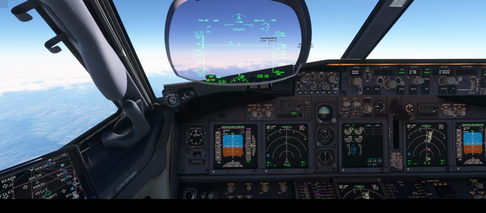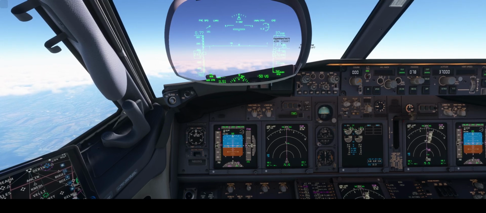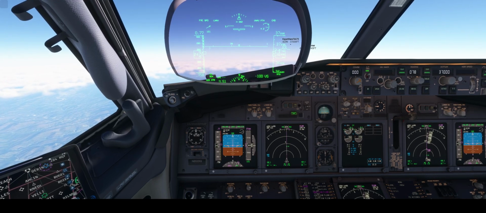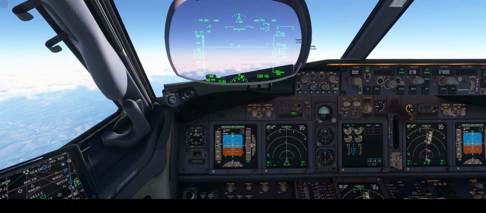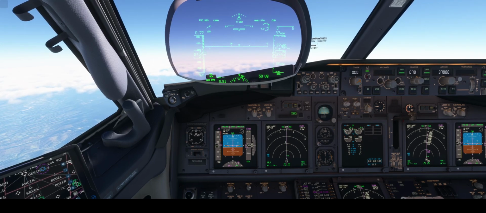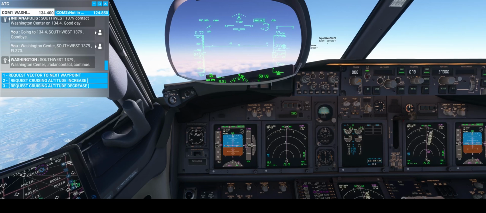Alright, top of descent should be coming up here any minute now. Come on, give us some info. Alright, we bypassed, so we just went past the. Alright,